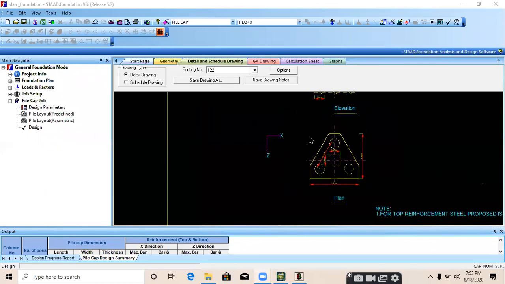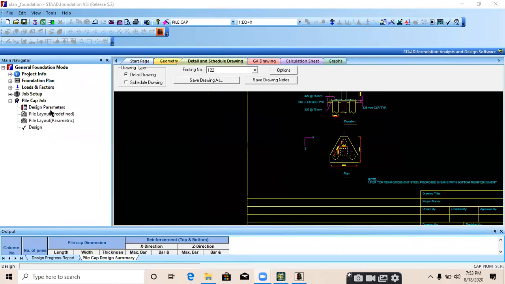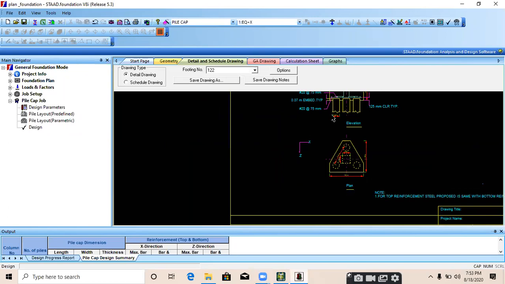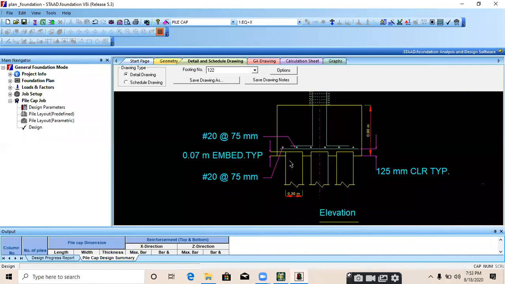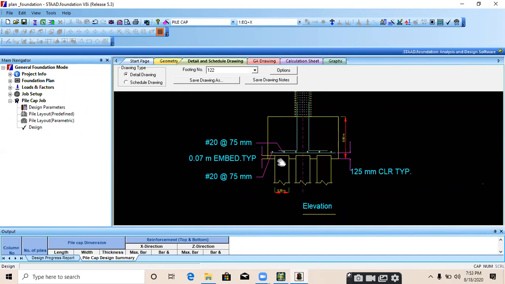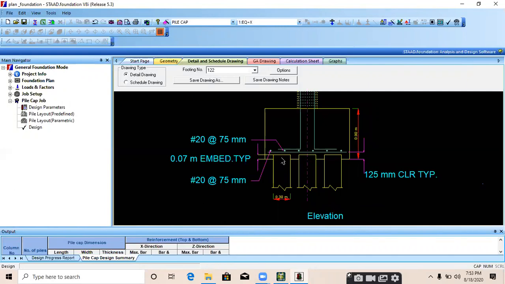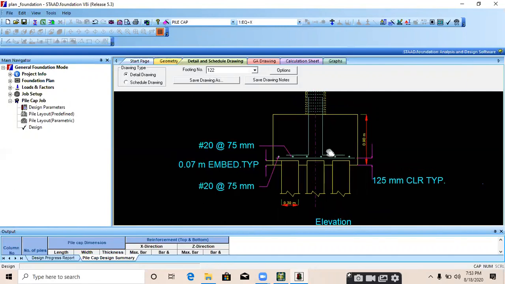Okay, guys. Mat foundation will take some time. It's a process of around 30 to 40 minutes, 30 minutes minimum. So we will do it in the next session, okay? From a fresh start, mat foundation. If you have any doubt in isolated foundation, combined foundation and pile cap, you can ask.